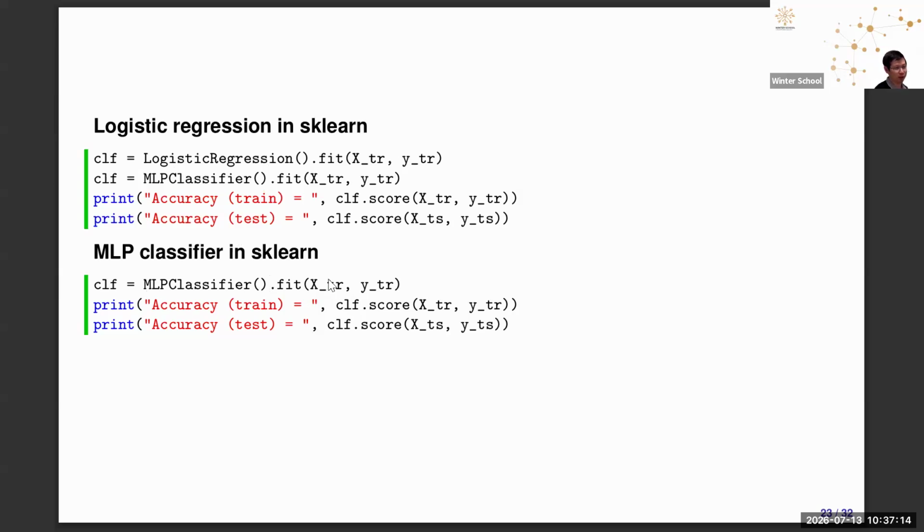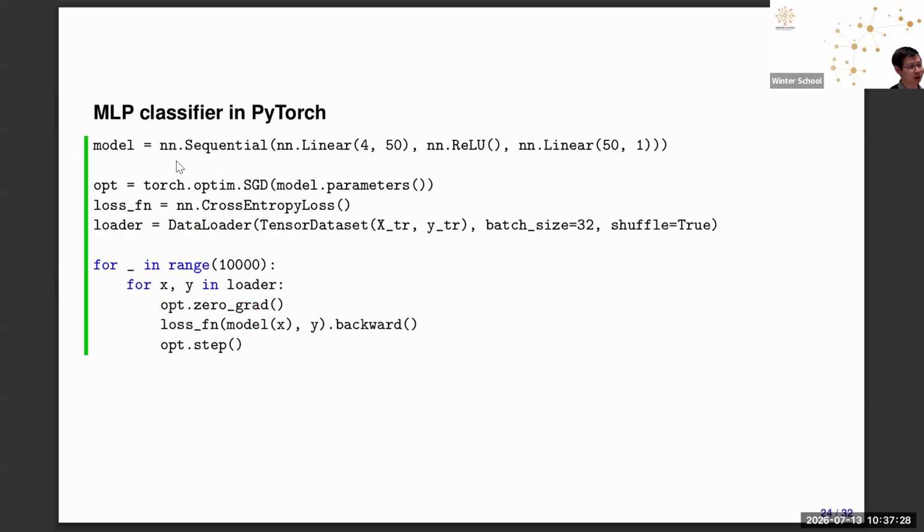And you can also train an MLP classifier using sklearn. Of course, if you want to make the model work well, typically you need to specify some of the hyperparameters and try different combinations. This is how you can do it in PyTorch. The structure of the code is pretty much the same. You declare the model,